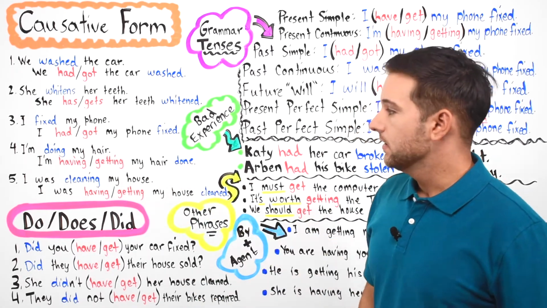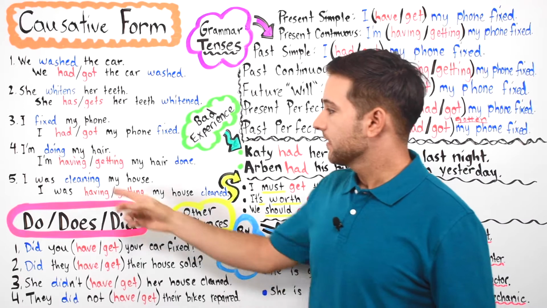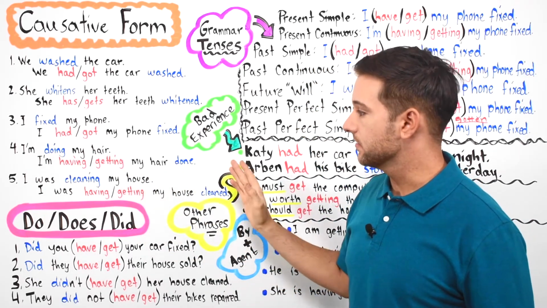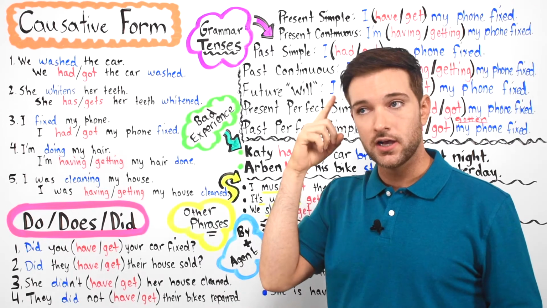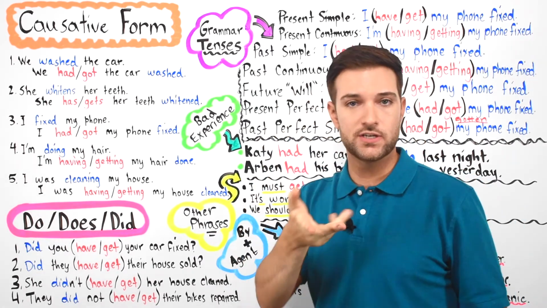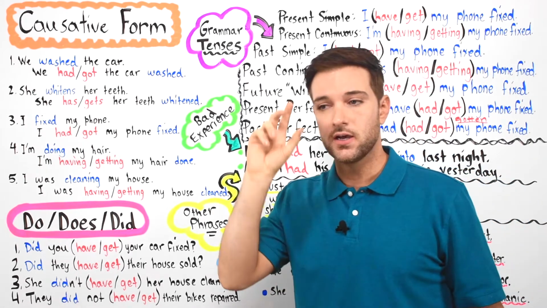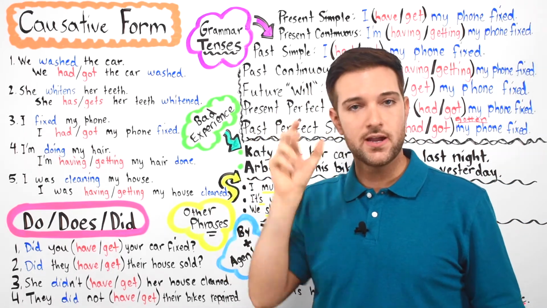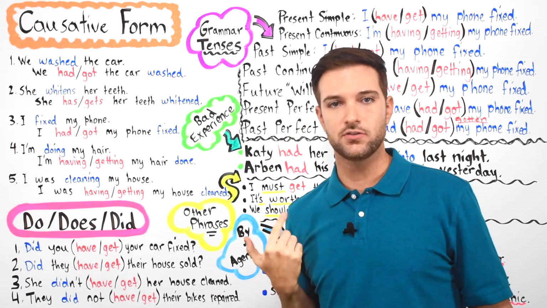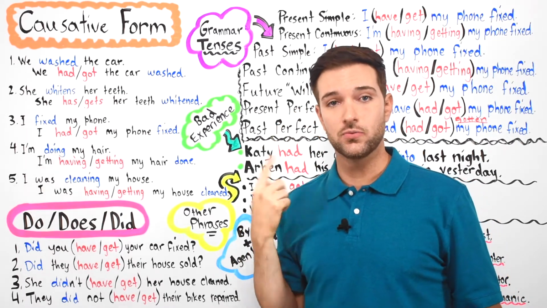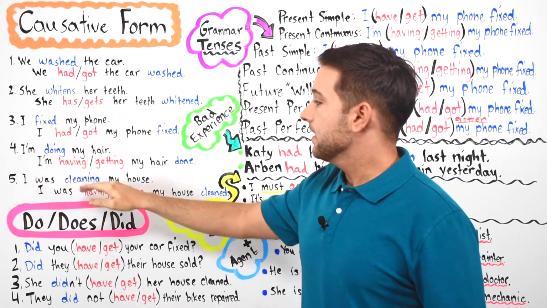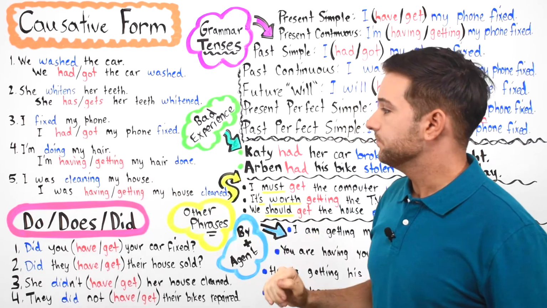Okay, I'm doing my hair, and then we have I'm having my hair done, or I'm getting my hair done, okay, so you can say both. Again, in this case, somebody else is doing it for you. They're cutting your hair, they're dyeing your hair, they're curling your hair. Okay, when you curl your hair, especially for females, girls, they have straight hair and then they put a product in it and it twists. It does a loop. We call it to curl one's hair. Okay, so I'm doing my hair, I'm having my hair done.